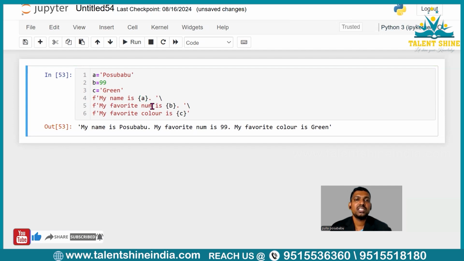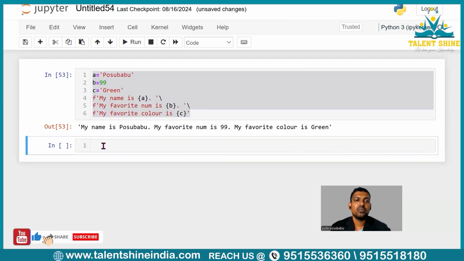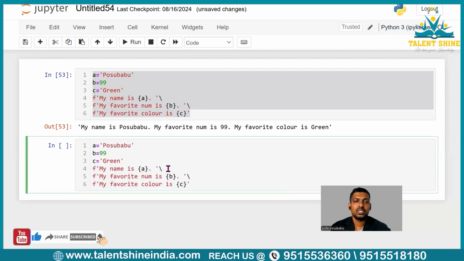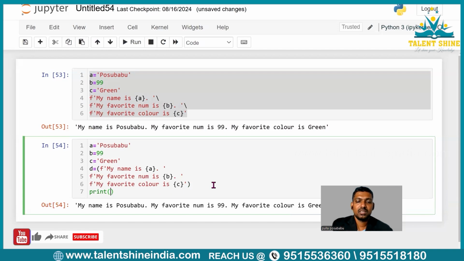Now, instead of using this backslash, you may use round brackets as well. Now, let us see the next approach. So now I'm removing the backslashes and I'm taking round brackets. So started round bracket and closed and execute it. So we will be getting a similar output, right? So you may save it in one particular variable as well. Let me take some d is equal to, and let us print d. You will be getting the same output,